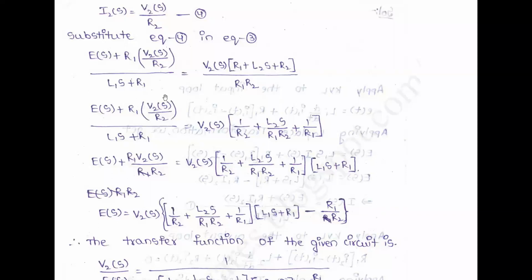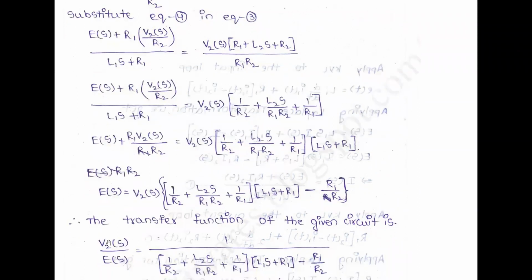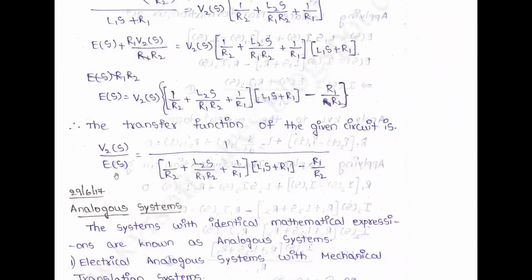So the Laplace transform, I2 of s is equal to V2 of s by R2. Equation 4, substitute in 3 and solve these equations, and the transfer function V2 of s by E of